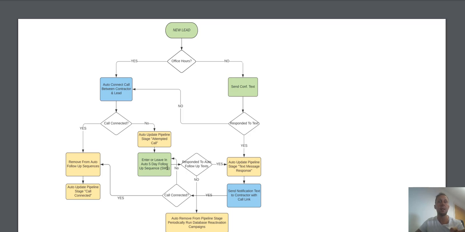and they haven't connected to the text message follow-up, what we do is we actually auto remove those non-responsive leads from the pipeline stage, and then we periodically run database reactivation campaigns, and as well as non-responsive leads, we also put leads that haven't materialized into work. So they may have had quotes, you may have spoken to them, they weren't quite ready,